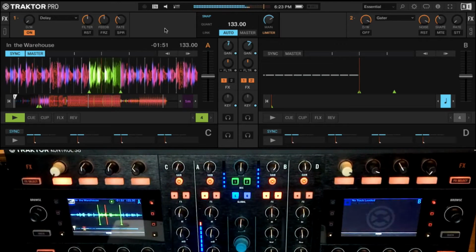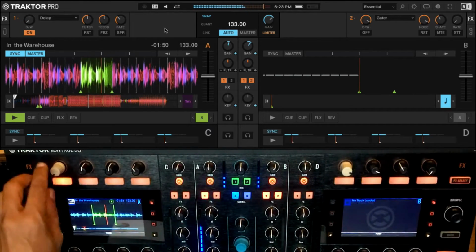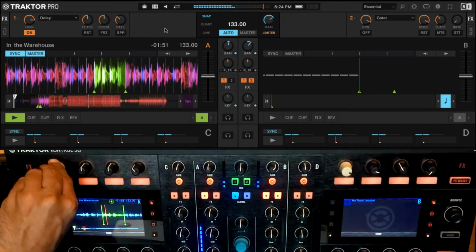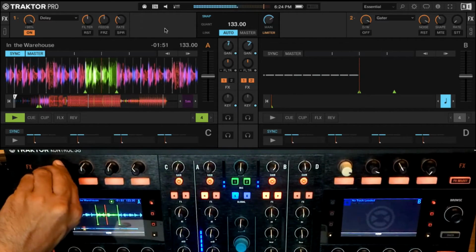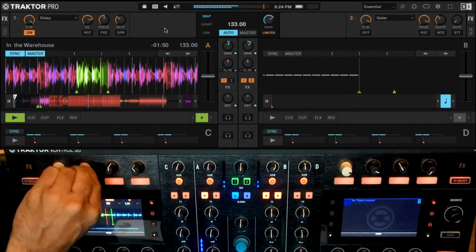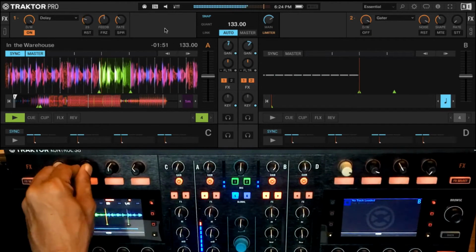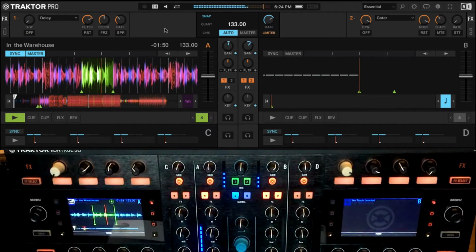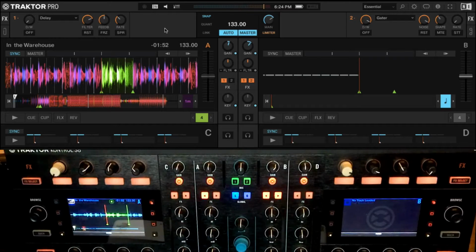Now the trick here with the delay is to never go more than 50%. Okay, you will notice if I go over 50%, you're losing your original sound and you're only getting the delayed sound, which is further getting filtered. Okay. So the ideal way always is to use the delay under 50%. Use it just to create these sort of micro fills. You don't want to use the delay too much to just keep on giving a build up or whatever. You just want to use little bits of it to create these little micro fills.